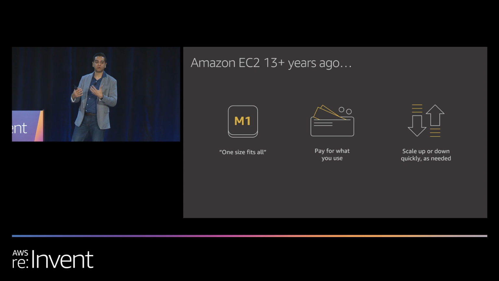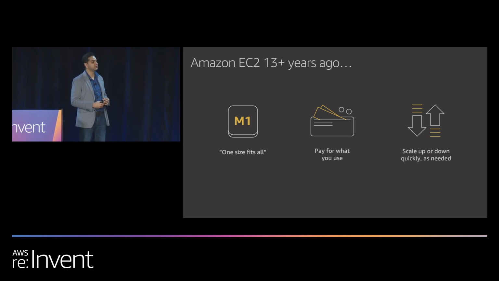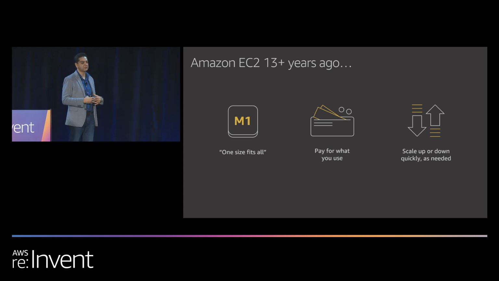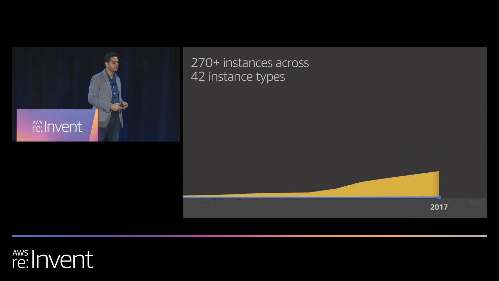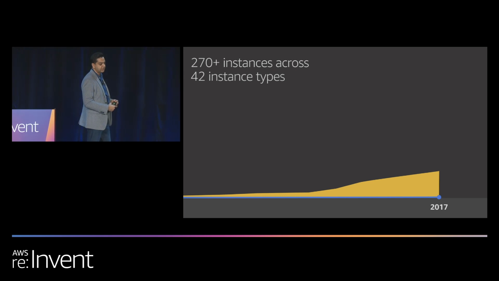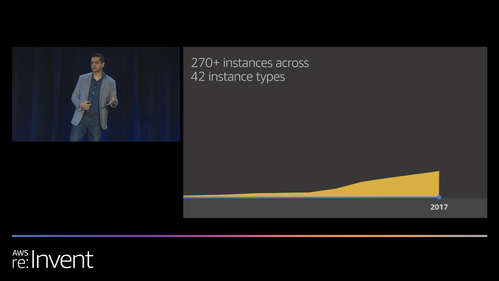But as more customers started adopting EC2, we started getting more feedback about, well, for this particular application, I need this other configuration, and for this other one, I need a slightly different configuration. So we have been evolving our portfolio pretty quickly, trying to keep pace with your requirements. In 2017, we introduced our Nitro system, which Werner talked about in his keynote, and I'll also go into some